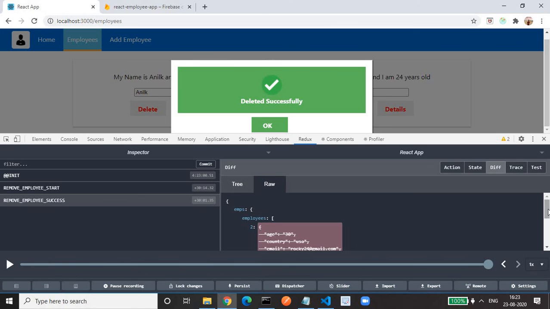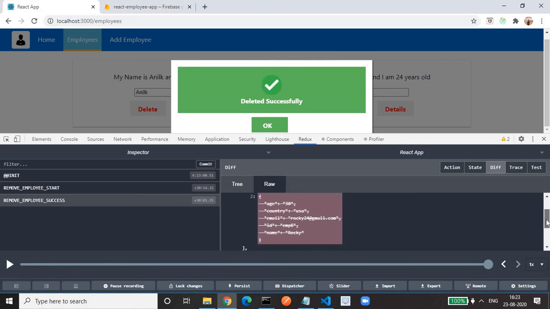In the success, what we are doing is updating. See, in success we have deleted from the database, and we need to update the store also. So here we are updating our store, removing that employee from the employee array. Again we are making loading true to false, along with changing the message from empty to deleted successfully, and success from false to true. This message and success we are seeing here, and when success is true, we are seeing the dialog box.